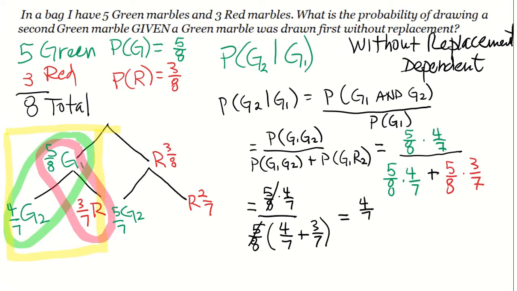That gives me 4/7 on the top. 4/7 plus 3/7 equals 7/7, and that simplifies to 1. So 4/7 divided by 1 equals 4/7,